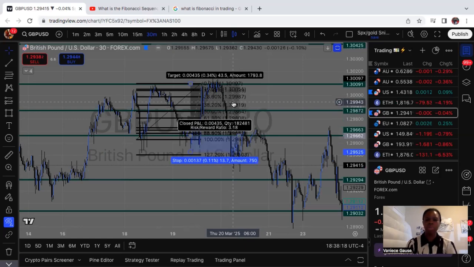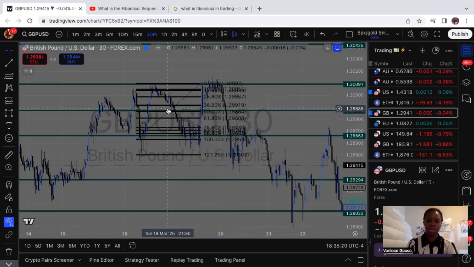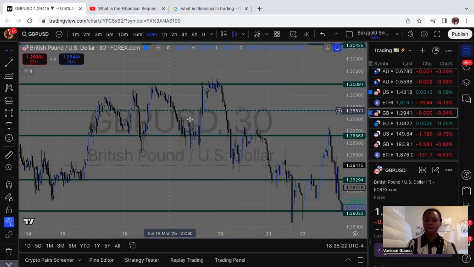on Wednesday. So pretty solid risk to reward. It does take longer, as I said, and you do have to actually wait for the market to retrace and retest your zone. So that's key. But that is it for